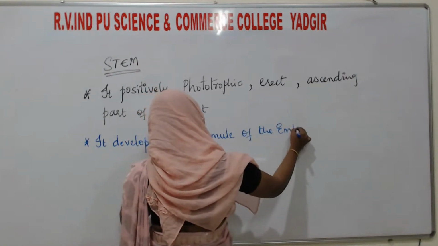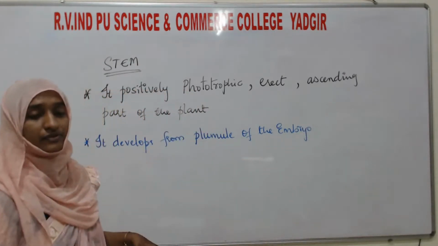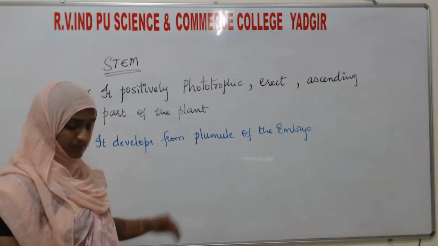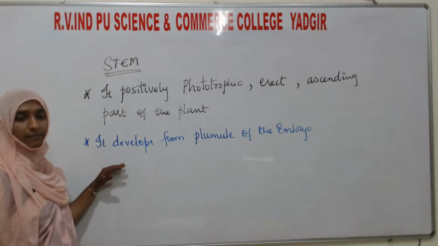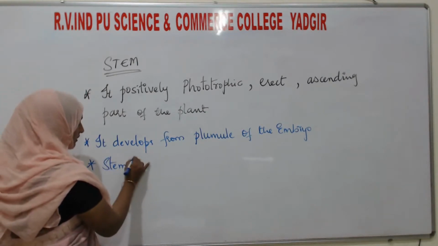Just now I told you about the plumule and radicle. In the seed, after the germination, from the radicle, roots are going to arise. From the plumule, the stem is going to arise. And this stem will bear